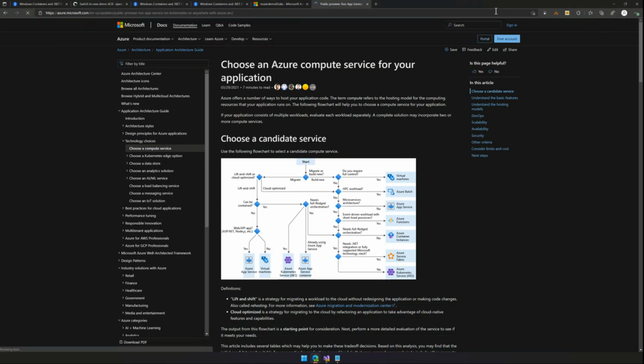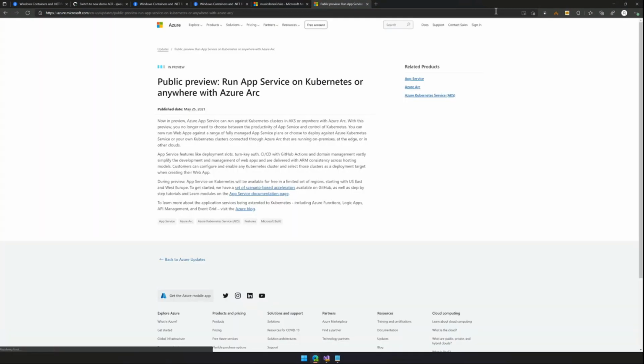So this is where I think Kubernetes starts to make sense to me, which is taking app service, which Luca, you were just talking about, containerizing that as a platform, running that on Kubernetes, and then making that available to run anywhere. Now that to me is where I see Kubernetes fitting in, and then in that case, Kubernetes effectively disappears into the background. But again, you do need the capability to run that.